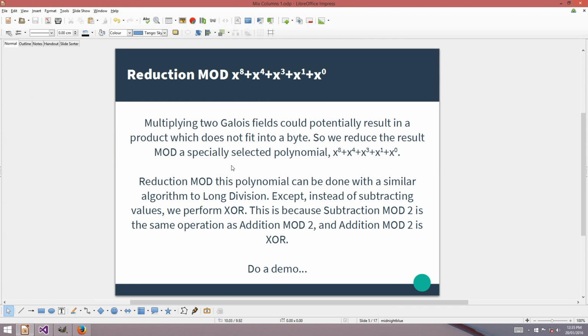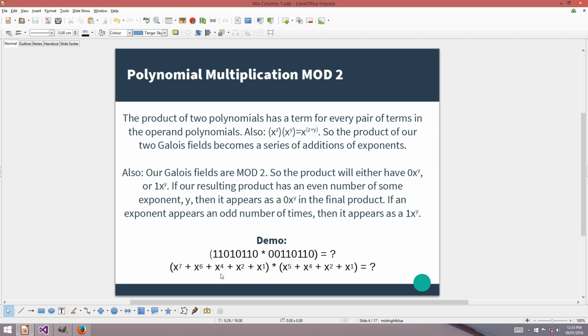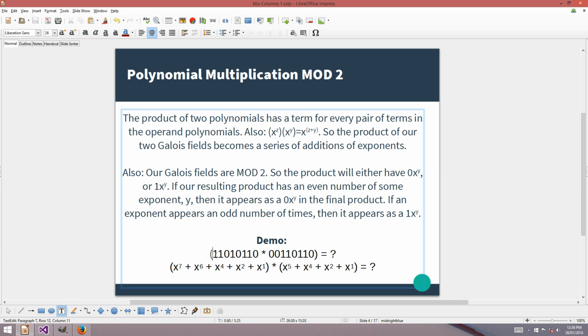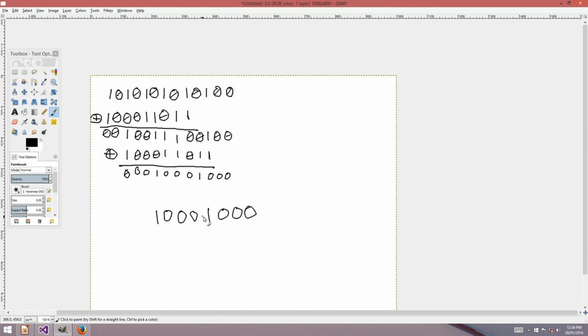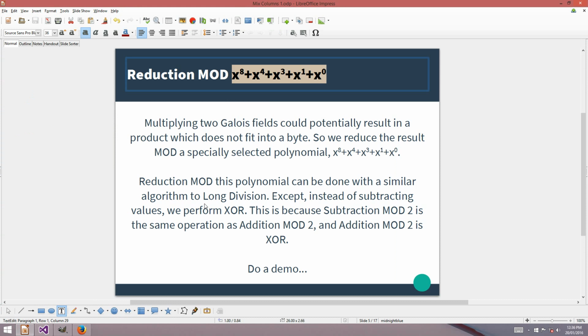That number, if we just reverse and say exactly what that is, that number is these two polynomials multiplied together as Galois fields, so mod 2, and reduced mod this polynomial just here. So we're ensured that this value that we get at the end will always fit within a byte, and it does. It fits within a byte, no worries. I'm pretty sure that's not the same answer I got last time, so I must have made a mistake, but I don't know, it doesn't really matter because those two polynomials that we were multiplying together